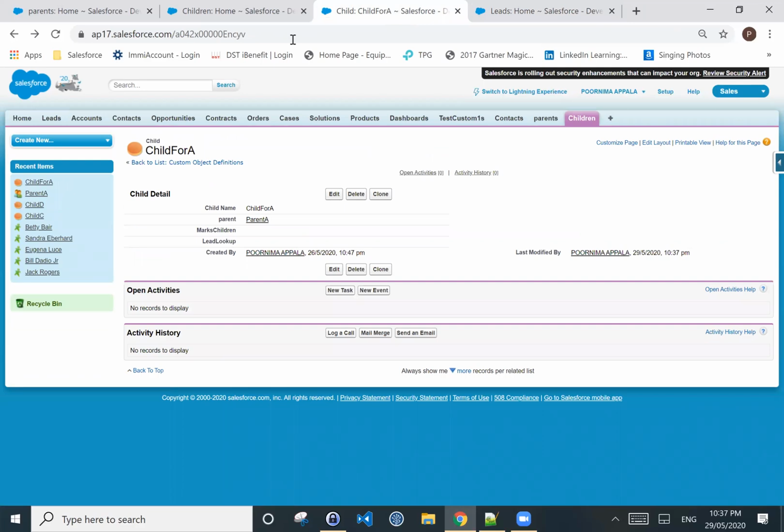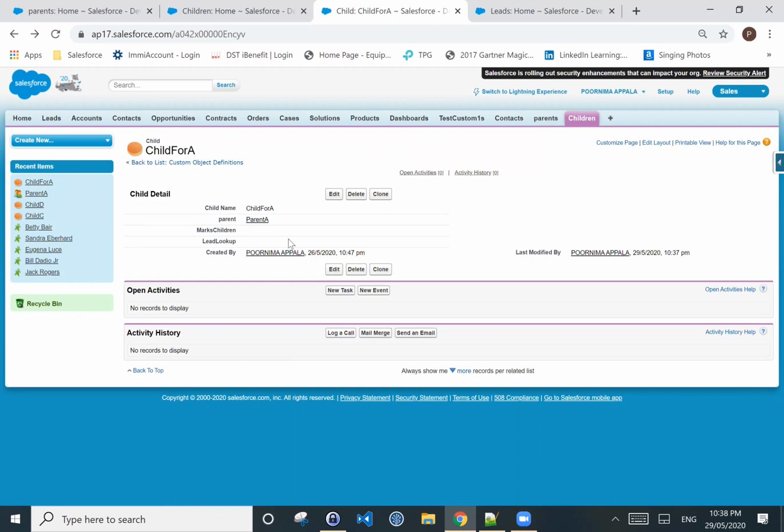But in the case of the master relationship, if we delete the parent, the child will also be deleted, right? And this lookup relationship is also not mandatory. You can keep this blank, and you can remove it from the page layout.